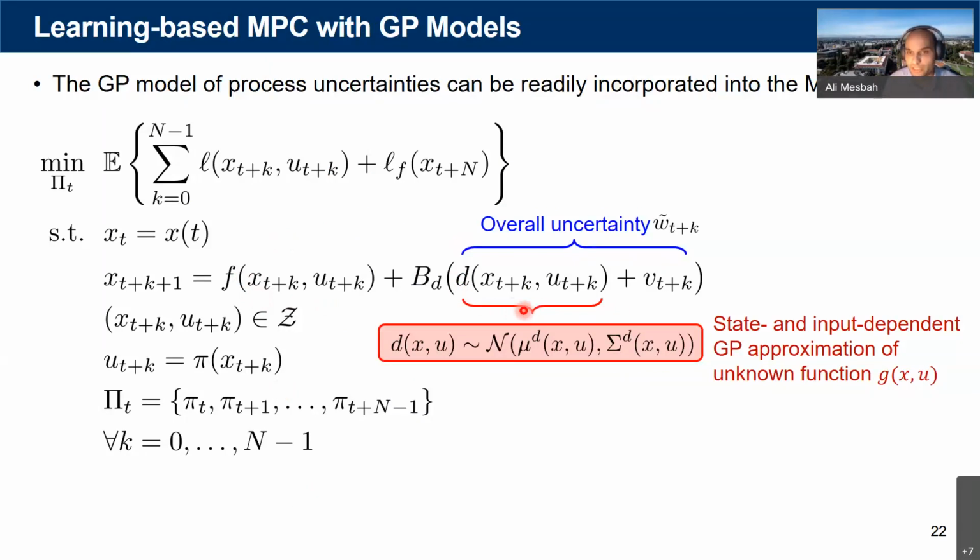And this is fully described by the mean and by the covariance that we learn from data in real time. Obviously, this problem in the form that is presented here is intractable